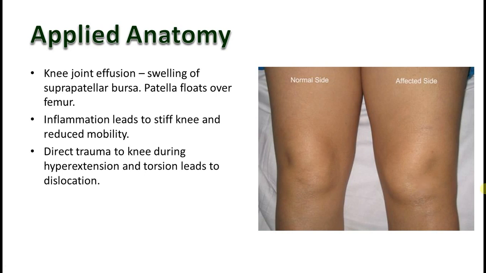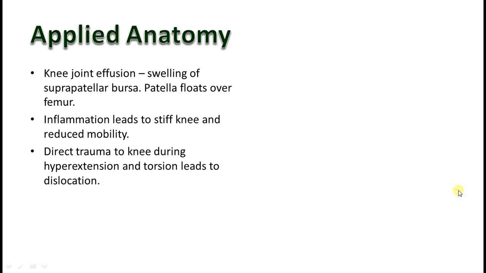Now, for example, if there is a direct trauma to the outside of the knee, then your fibular collateral ligament will actually get injured. If the knee is pushed outwards, your tibial collateral ligament is injured. If there is a direct injury to the medial component of your knee, then your fibular collateral ligament will get injured. Okay. Any sudden hyperextension or twisting of the knee leads to dislocation or tear of the anterior cruciate ligament,